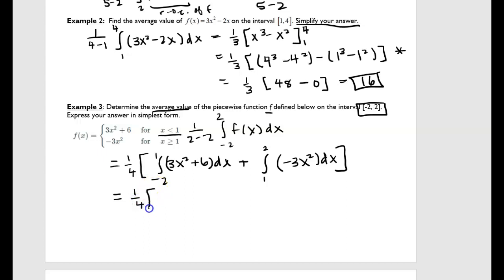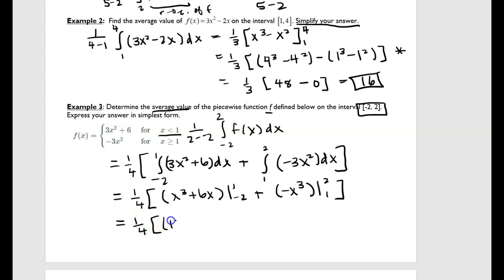Now we can integrate each of these individually. The 1/4 stays in front. Taking your antiderivative, this would be x cubed plus 6x, evaluated from -2 to 1, plus -x cubed, evaluated from 1 to 2. I can't stop yet. I still need to plug in those numbers. 1/4 times 1 cubed plus 6 times 1 minus -2 cubed